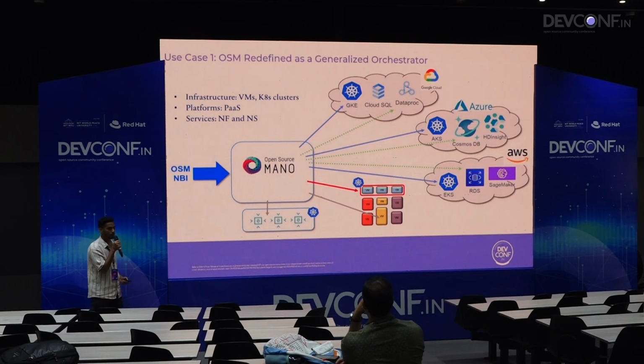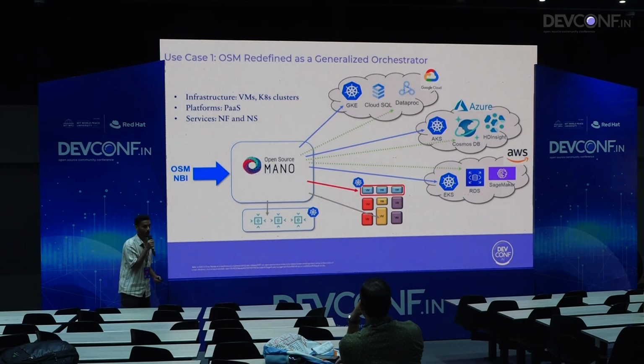How I have used Crossplane is I have explored it and used it in one of the use cases, a project called Open Source Mano, which is an orchestrator for building and running 5G networks. To run a 5G network, you actually need to create some infrastructure, which is a Kubernetes cluster today, and then you have to deploy some 5G network functions on it.